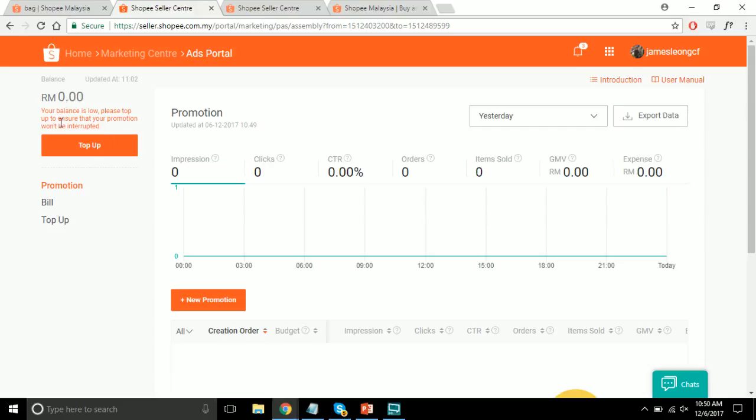So as mentioned, there is top up right here. So the function is on a top up basis. For example, it's like Touch 'n Go. So you've got to top up to use the My Ads function, and all credit incurred will be deducted directly from the top up. So if I click on top up right here,